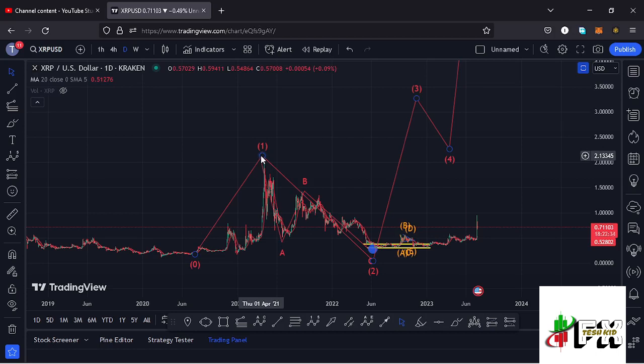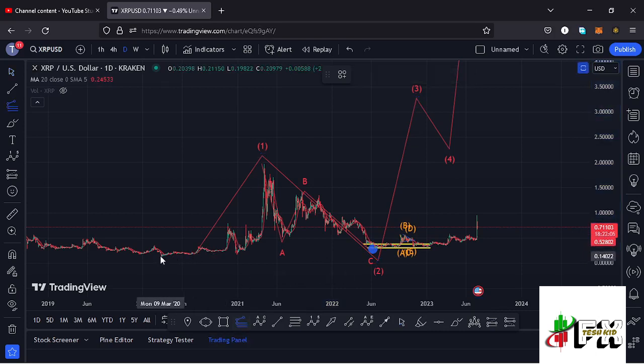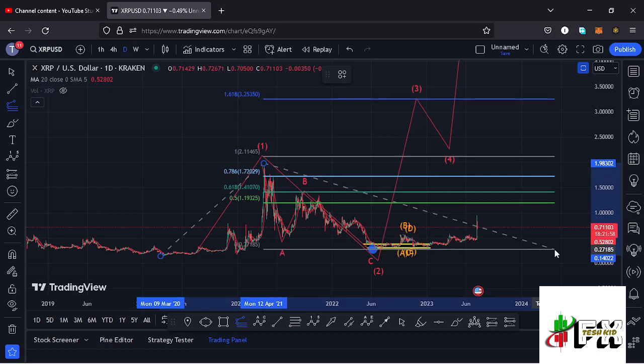And after seeing the formation of that first wave, we started a breakdown move in the formation of a larger Elliot wave count 2, where we have been breaking down in this ABC corrective structure, and there are high chances that now XRP has a low in place for the second wave and soon could start gearing up in the formation of this wave 3. And giving you minimum target areas for the third wave by connecting the trend-based Fibonacci from the low of the first wave to the high of that wave 1, then dragging the fibs to the low of the second wave,